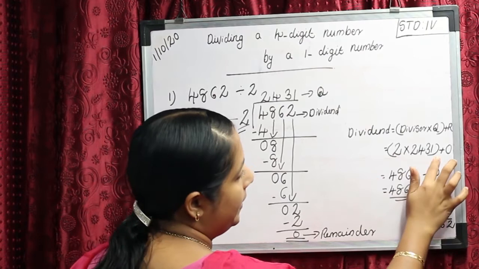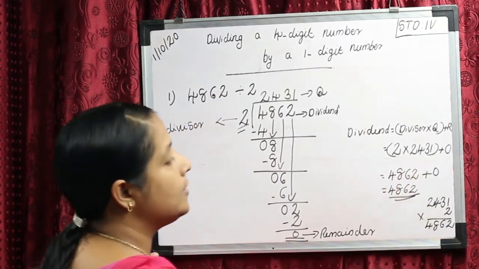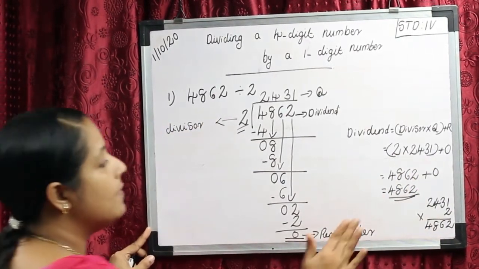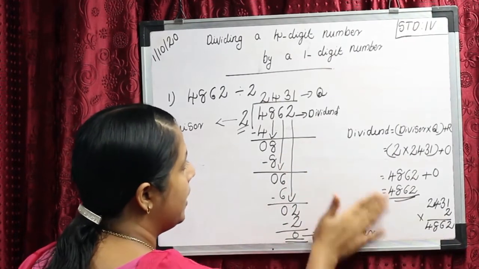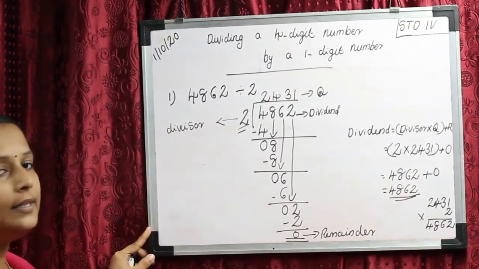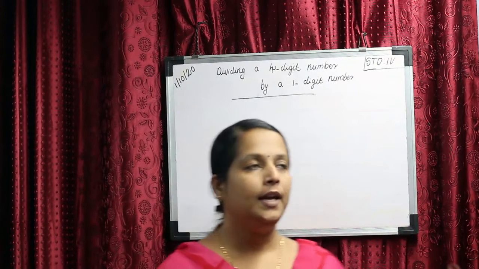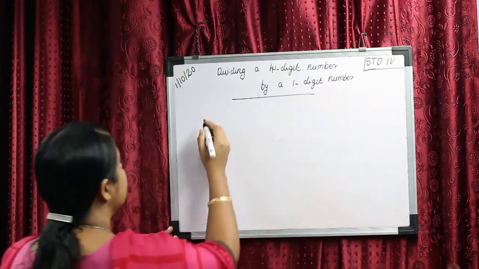Then we multiply these numbers and get 4862. Our dividend is correct. Both of them are the same number, so our problem is correct. Then one more example. Consider the number